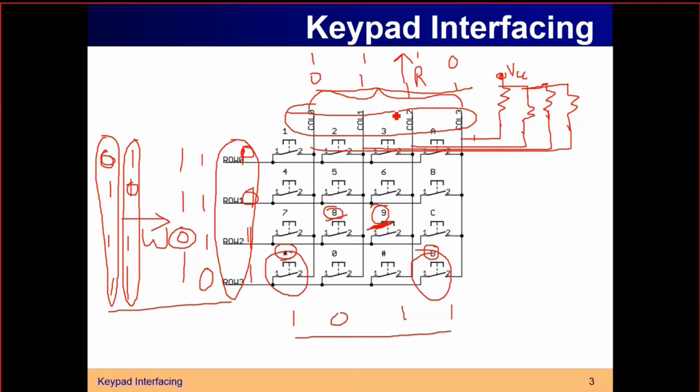And when I write this, then I will read from here. If any switch in the second row is pressed, because now the second row is made as 0, if any switch is pressed, the corresponding bit will be 0. So if it is 1 1 0 1, I have written inside a for loop, take the switch pressed as 9. This is known as the keypad scanning algorithm. You are writing a data, you are reading back. If any switch is pressed, the corresponding row will be connected to the corresponding column and you will get the 0.